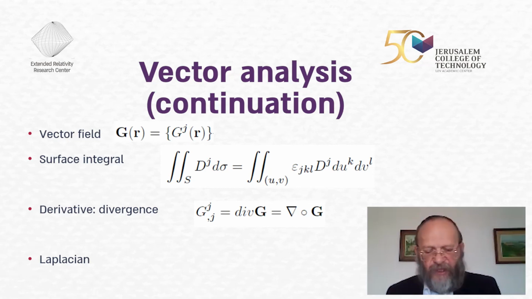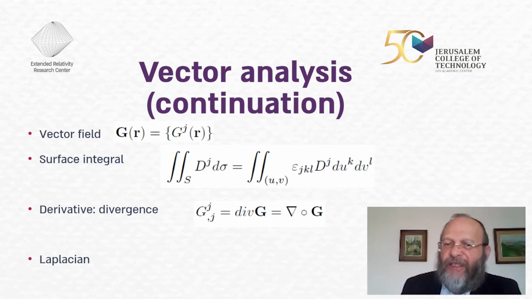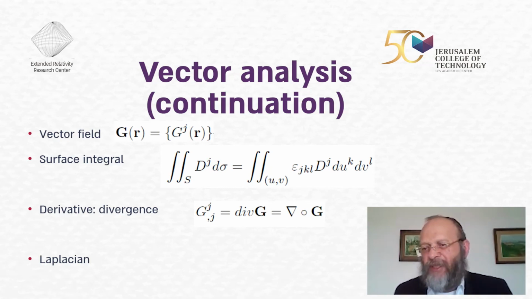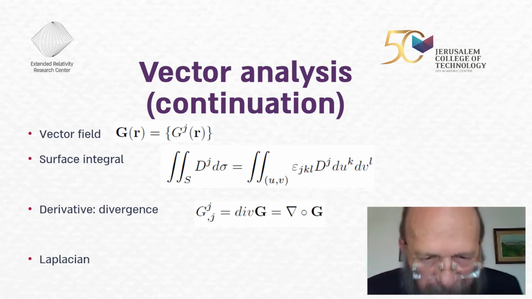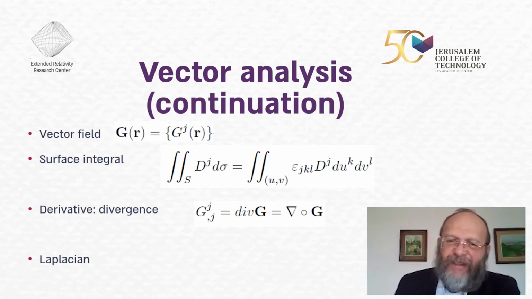Now, I want to finish by giving you what the Laplacian is. Everybody in physics knows that the Laplacian is a second derivative. A strange combination: you take the second derivative by x twice, add the second derivative by y twice, and by z. Why would such a combination be physical? And if you look,